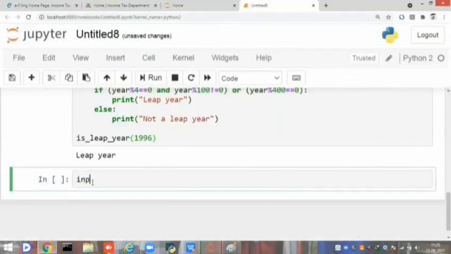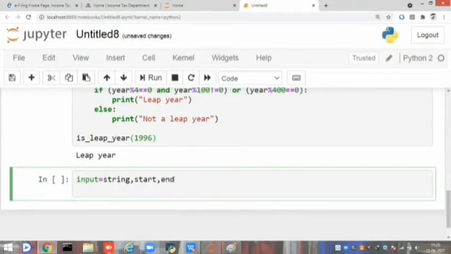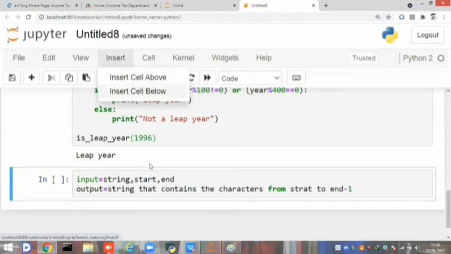For this, the input is some string and the start index where you want the string to be printed, and the ending index, I mean from where to where you want to print, and the output is a string that contains the characters from start to n-1. And let's see the example, this one also.